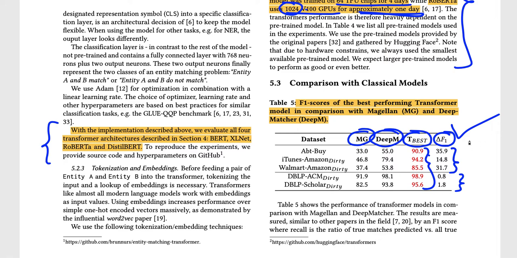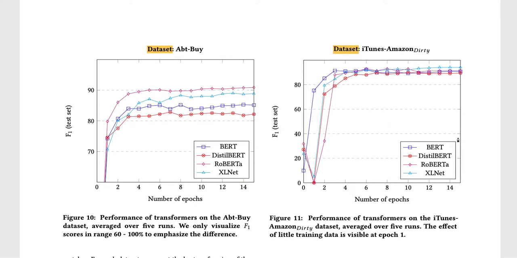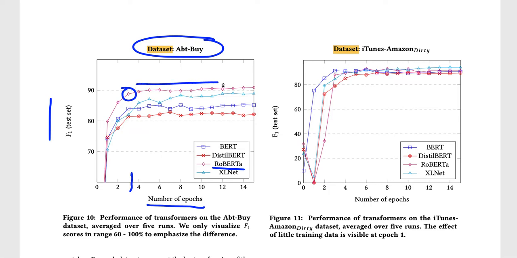Okay, so let's see this in the case of using some charts. One key aspect I want to mention here is that this is for the first dataset, plotted across the F1 score and the number of epochs. If you see, right after a few epochs, say around 3 epochs itself, we are able to get a very high F1 score. This is in the case of the Roberta model,